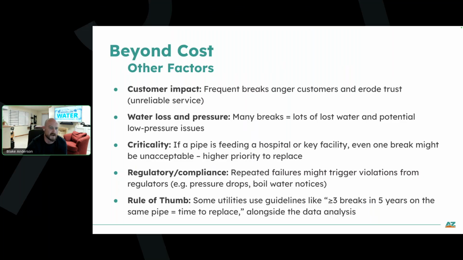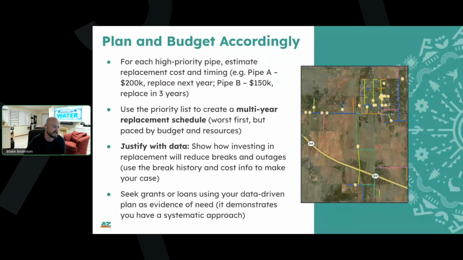All these sort of things factor into your final call, and essentially using the dollar and cents calculations and considering these real world factors help you to make your decision. And so you should end up with a list of 5 or so sections of main that you've identified as a priority. And I'm confident that most of you already have this list in your head based on your experience, but with your list in hand, you can start turning it into an action plan with budgets and timelines.